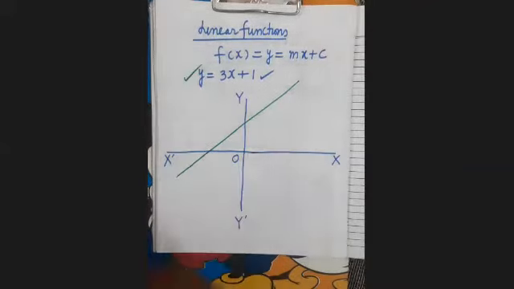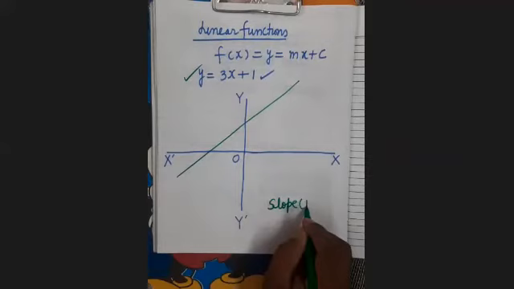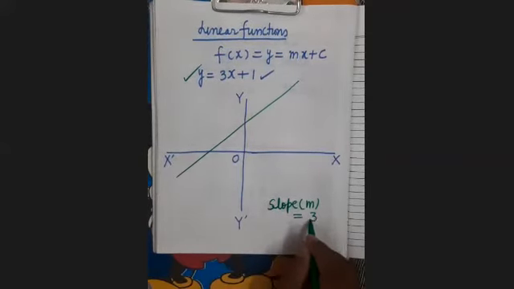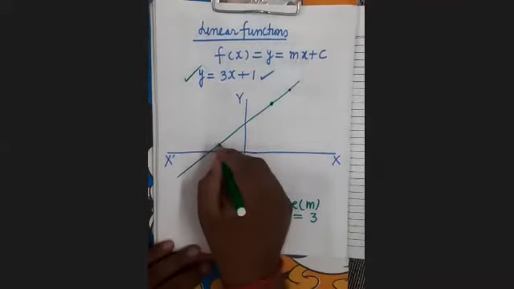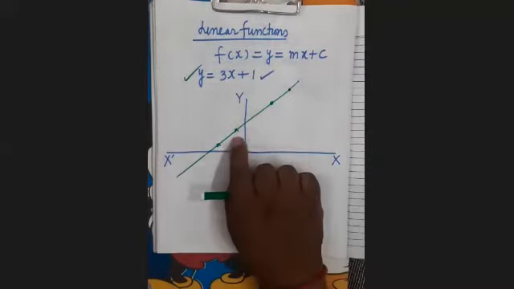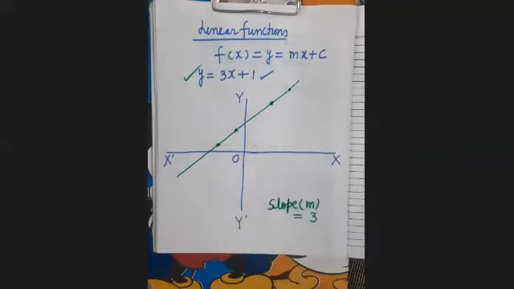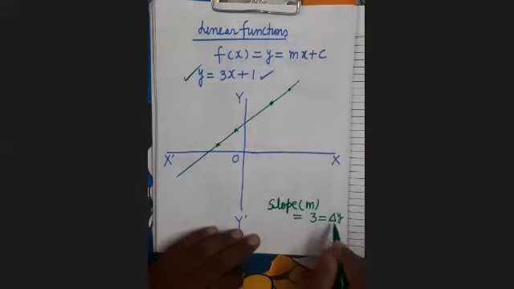What is the slope here? Who can tell? Sir, 3. Slope is denoted by m, that is equal to 3. Slope is 3. Means slope is uniform. Whether you take these 2 points for determining slope or you take these 2 points, slope will be uniform. Slope क्या रहेगी? यूनिफॉर्म होगी, चाहे ये 2 पॉइंट यूज करके फाइंड आउट करें या ये 2 पॉइंट. Means here the value of delta y upon delta x will be constant.